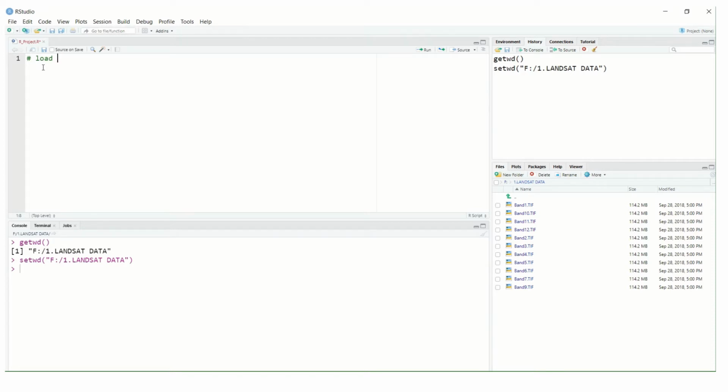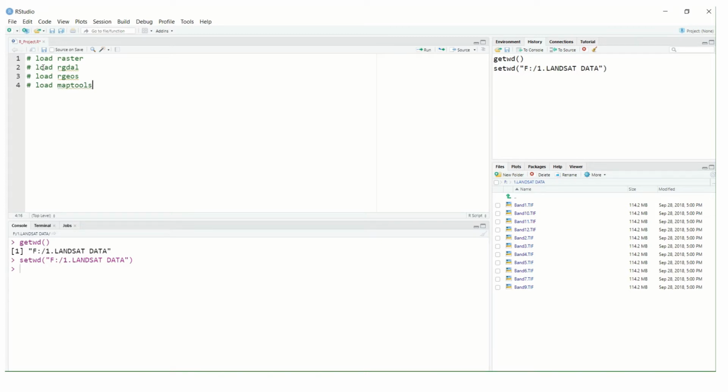For the raster data you need to load the raster package, then the rgdal package, then rgeos, and the last is maptools.